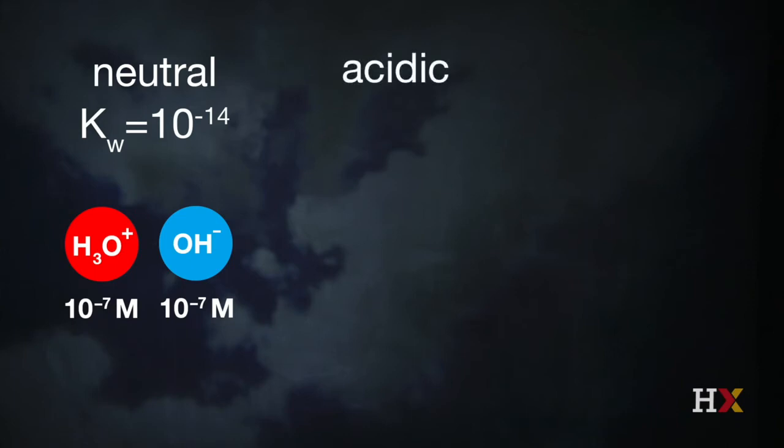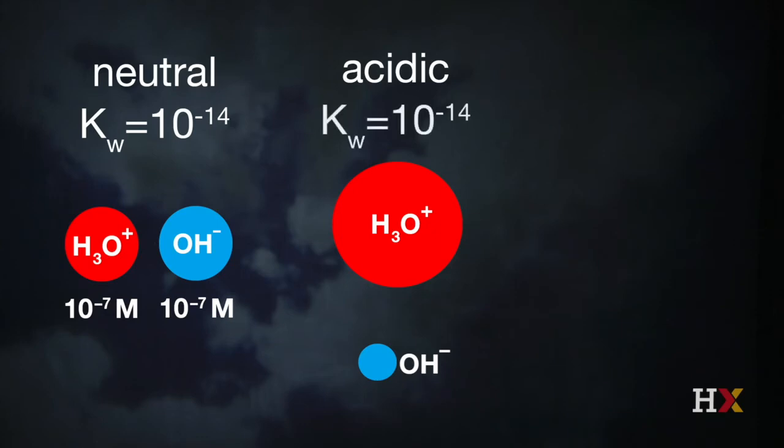But now let's move to an acidic case. Let's suppose we put a strong acid into water. Now, one thing that remains fixed is the equilibrium constant for water. That's never altered. But the relative concentrations are dramatically different. H3O plus for a strong acid, in this case 10 to the minus 1 molar, and OH minus is 10 to the minus 13 molar. So now we've shifted dramatically the ratio of H3O plus to OH minus, but the product stays the same,